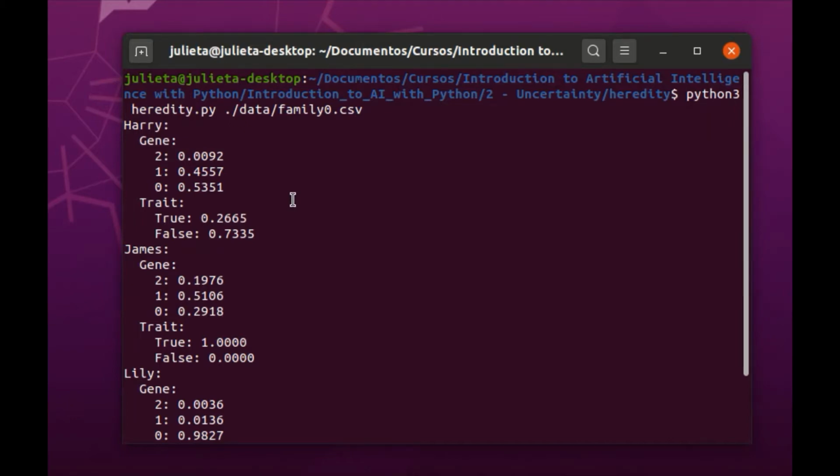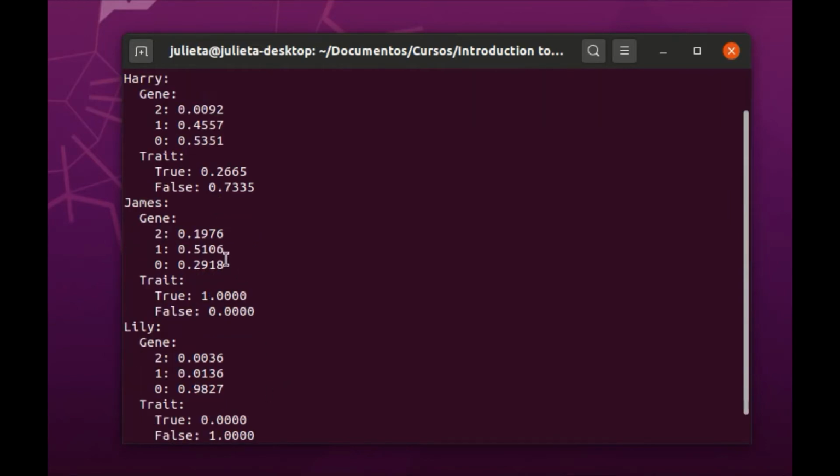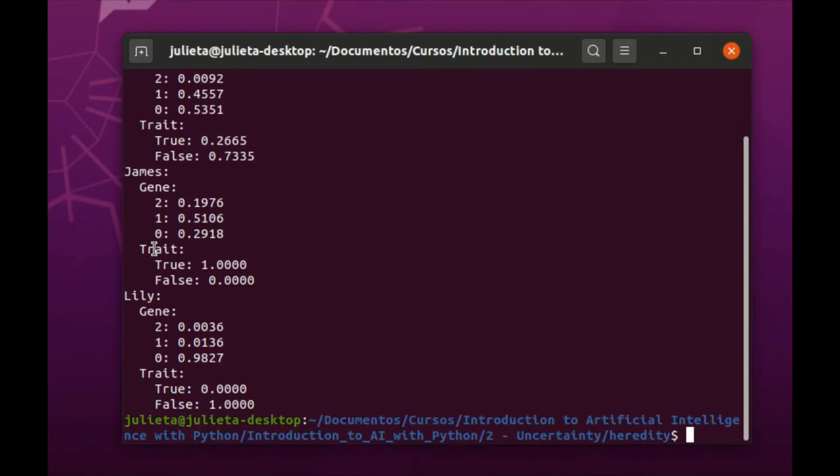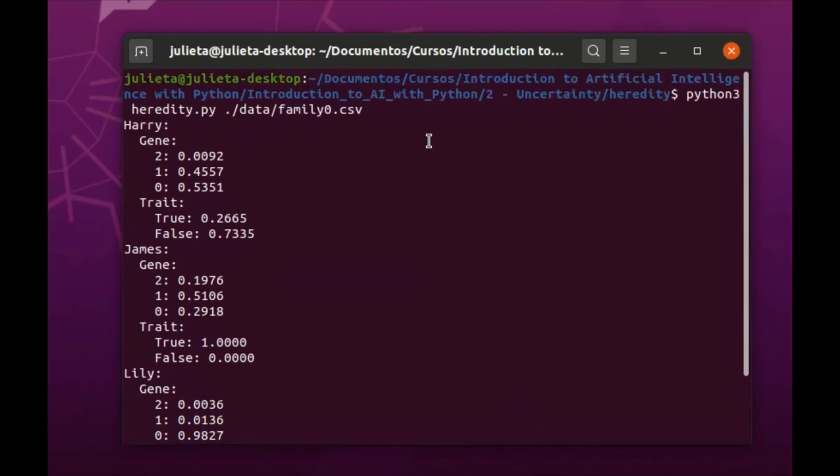Another thing we could say is that a person could have 0, 1 or 2 copies of the gene, and each parent gives you one copy of a gene that could be, or not be, associated with the hearing loss. In this example, the previous data that we have is that Harry is James and Lily's son, and we know that James has the trait and Lily hasn't. The implementation of Heredity